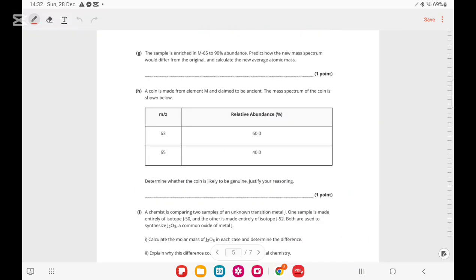So now he's saying the sample is enriched in M65 to 90% abundance. Predict how the new mass spectrum would differ from the original and also calculate its average atomic mass. So we are going to see that the peak at M65 becomes much taller,